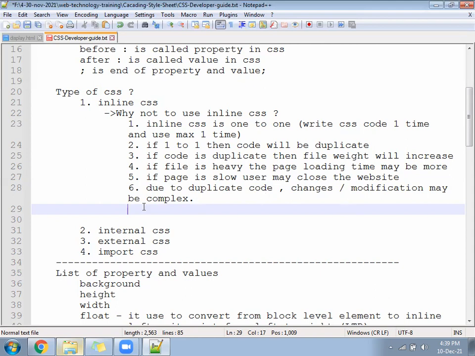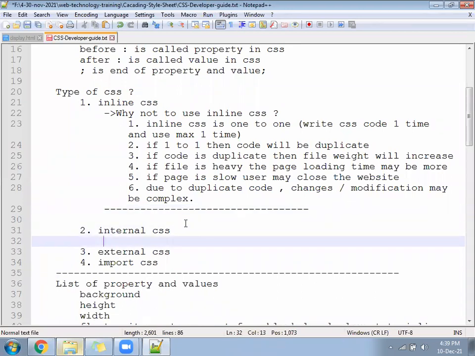Okay, ready? Let's go ahead. Then what we should do? Shall we follow the inline CSS or we should move to the internal? Inline also has many problems, but what is the benefit? Benefit is that we have understood the property, height, how it works, width, how it works, background meaning is what. Okay, many properties are there.